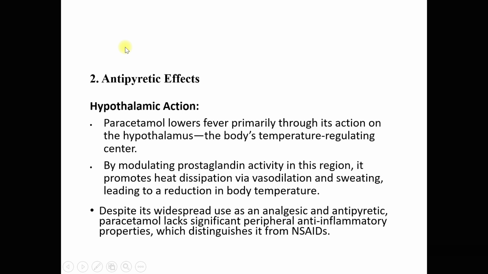The second one is antipyretic effects, hypothalamic action. Paracetamol lowers fever primarily through its action on the hypothalamus, the body's temperature regulating center. By modulating prostaglandin activity in this region, it promotes heat dissipation via vasodilation and sweating, leading to a reduction in body temperature. Despite its widespread use as an analgesic and antipyretic, paracetamol lacks significant peripheral anti-inflammatory properties, which distinguishes it from